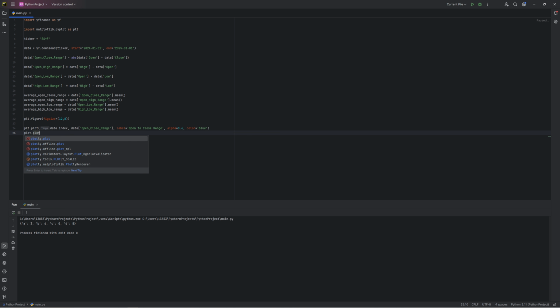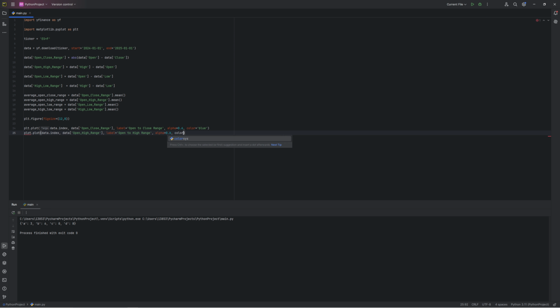Do plot data.index, data, set this to open high range, label, open to high range, alpha is equal to 0.6. So color for this one, let's do green,